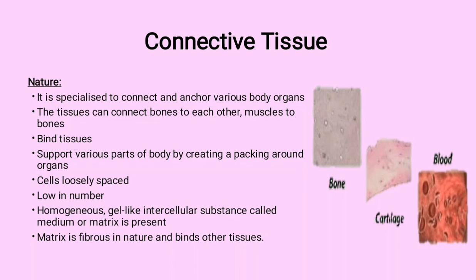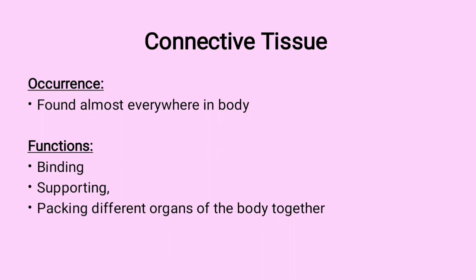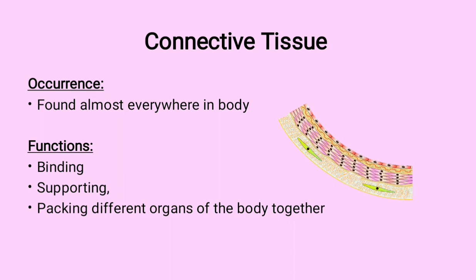Thus, space between cells is filled with a non-living matrix, which may be solid as in bone and cartilage, and fluid as in blood. Matrix is fibrous in nature and binds other tissues. In fact, the nature of matrix decides the function of the connective tissue. Connective tissues are found almost everywhere in your body. The main functions of the connective tissues are binding, supporting, and packing different organs of the body together,